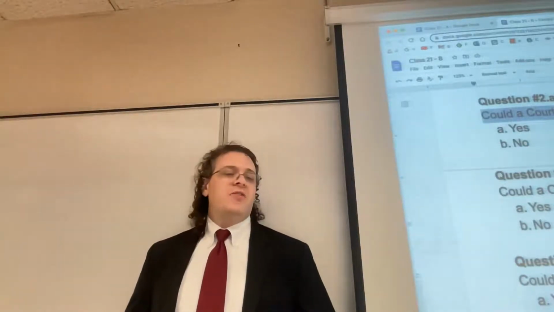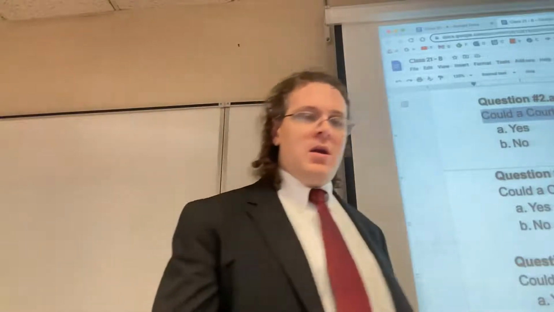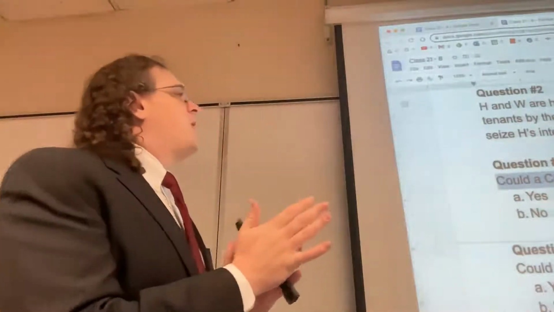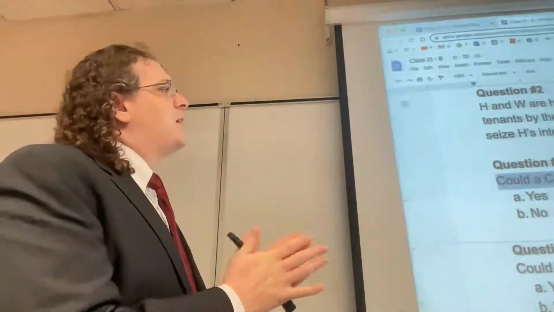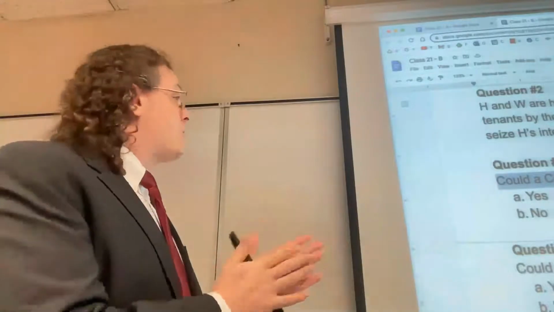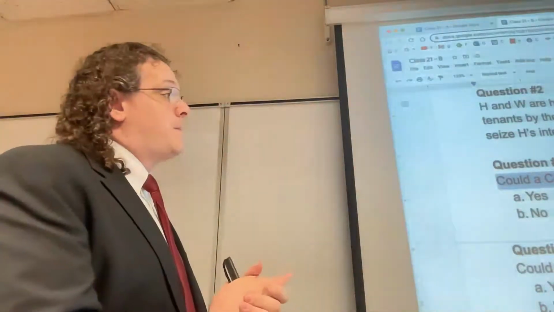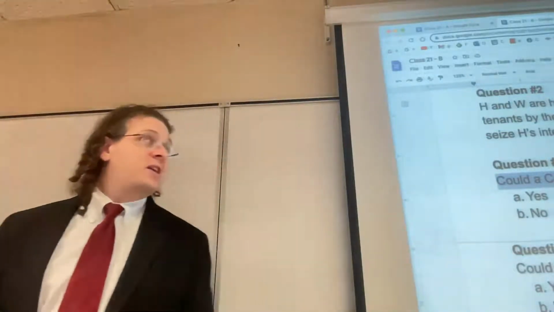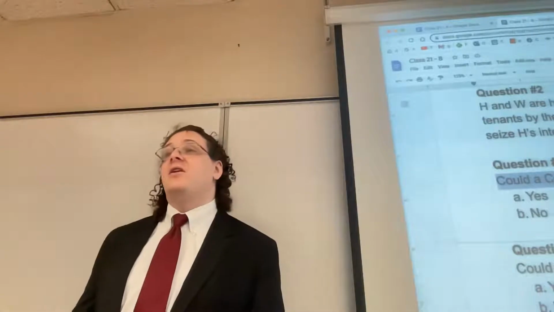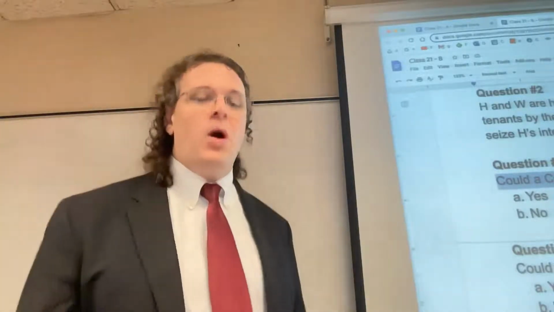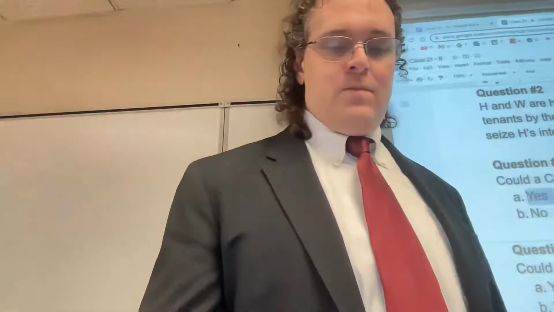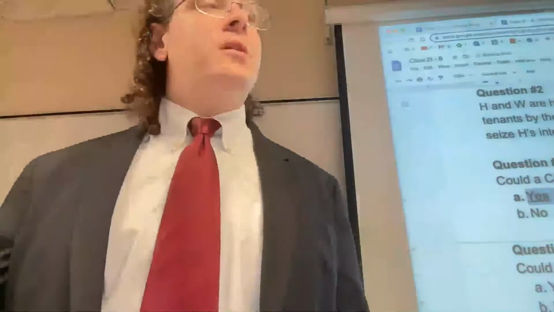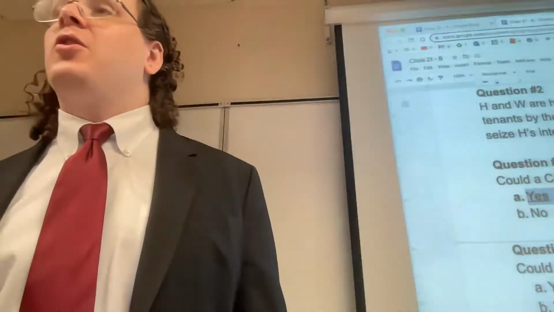So Jacob, let me ask you this question. Look at question 2A on the board. The facts are, like in this case, husband and wife, H and W. They own Blackacre as tenants by the entirety. H falls into debt. C asks the court to seize H's interest in Blackacre. In group number 1, could the creditor seize the tenancy by the entirety? Yes. Correct. Why? Because of the property and the title of that property. So in group 1, this is the old common law approach.